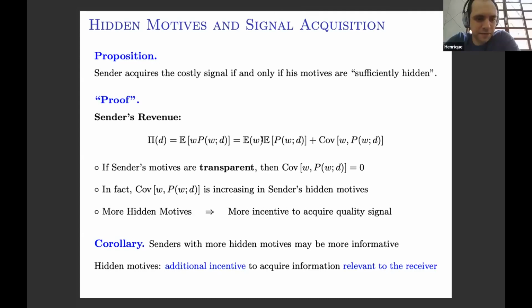Very cool. Is it always better for the receiver to face someone with hidden motives, or is it that it can be better? What's the result? I said here maybe better. So I guess I can tell you more in particular cases. So for instance, if the distribution of receiver outside options is uniform, I know that it will be better. Very nice.